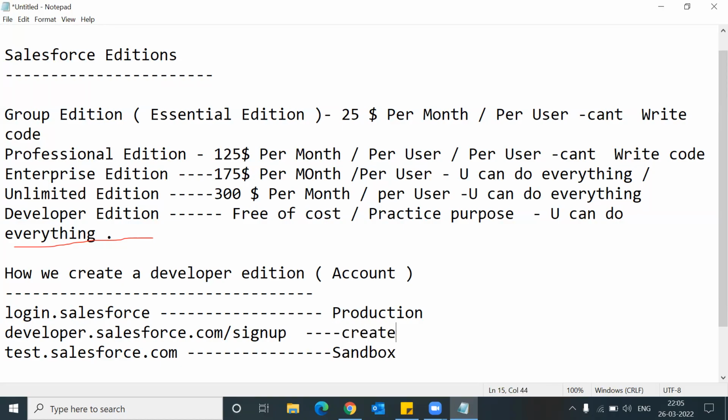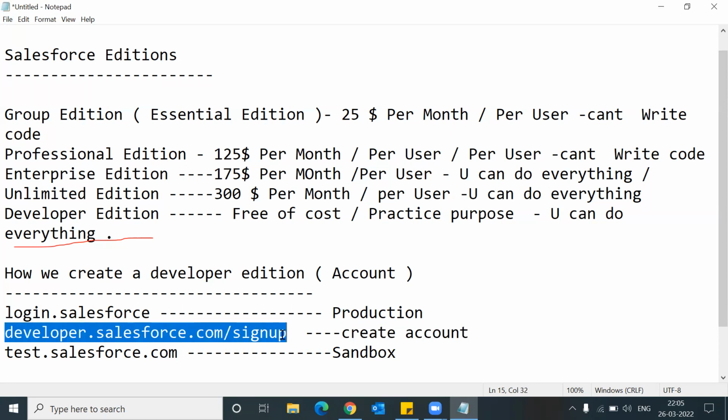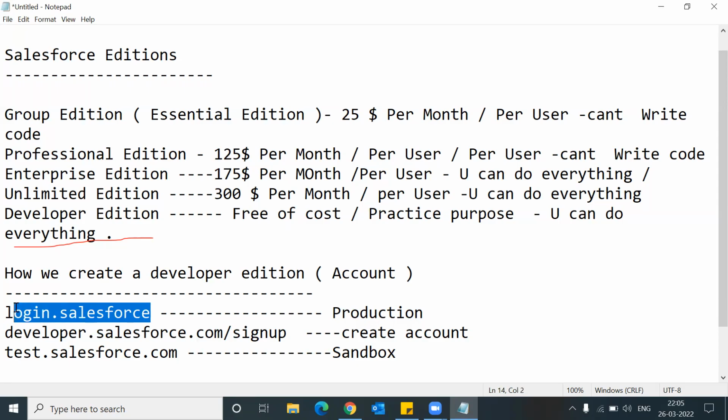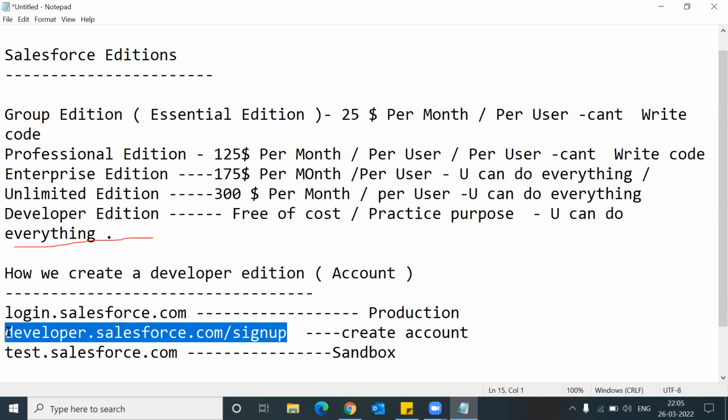Creating an account is only one time, so no need to learn that part. But the URLs you need to learn 100%, because they are very important. If you open them again and again, you will automatically learn these things. So if you copy and paste the link and write it here,